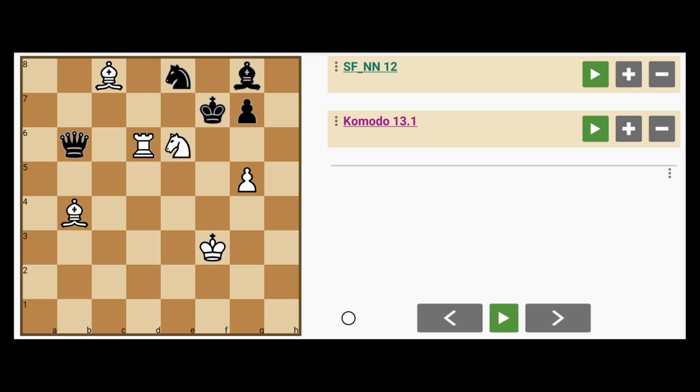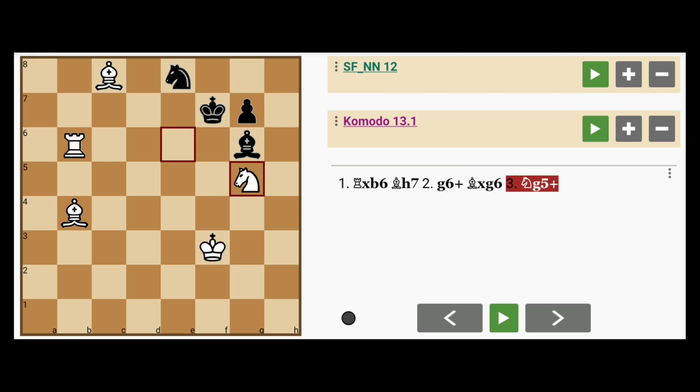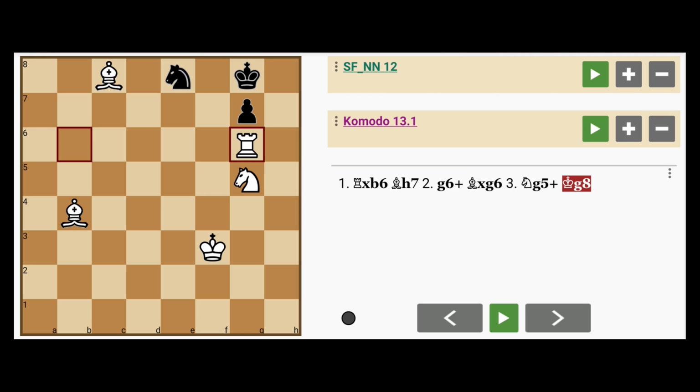Now most people seeing the queen en prise on b6 would play rook captures b6. A free queen, why not take her? Black might proceed with bishop to h7, g6 check, bishop captures g6, knight g5 check, king to g8, rook captures